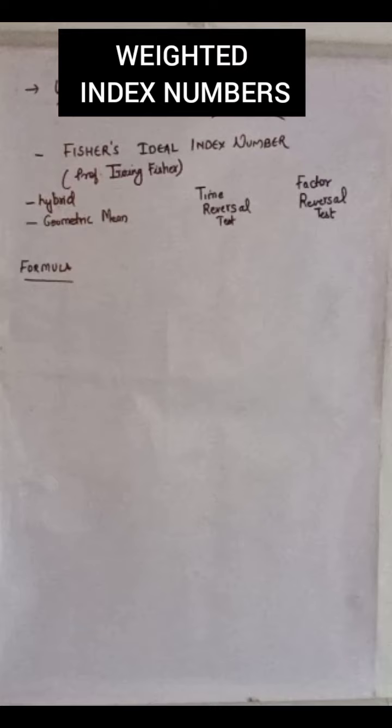Students, we had discussed the aggregative methods falling under weighted index number. So two methods have been already done, Laspeyres and Paasche. We had also seen the limitation. In Laspeyres we saw that only the quantities of the base year are considered, and in Paasche only the quantities of the current year are considered. So what is happening? The quantities or the value of quantities are missed in both the methods.